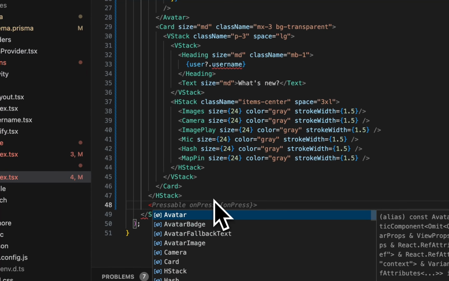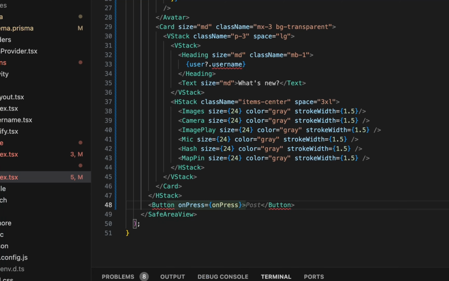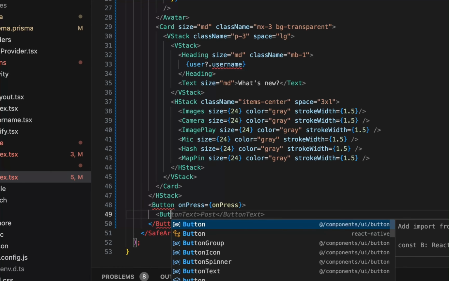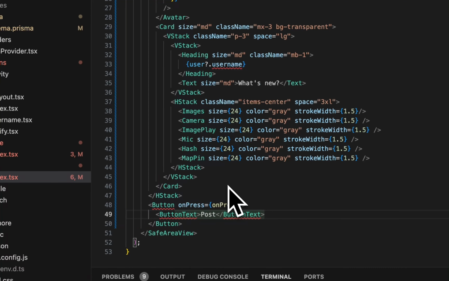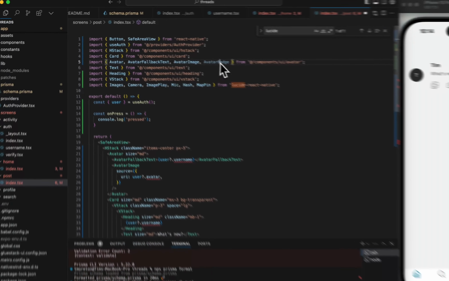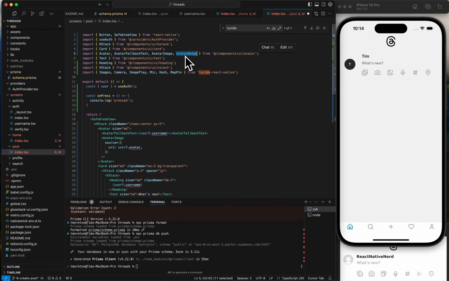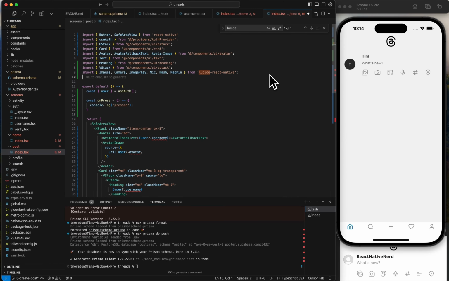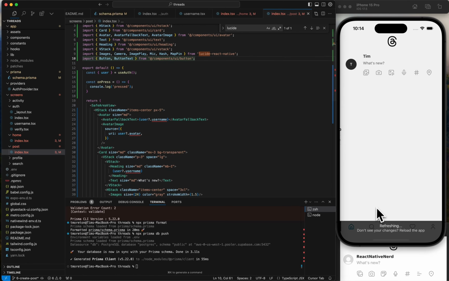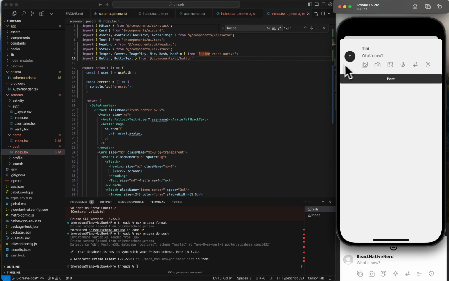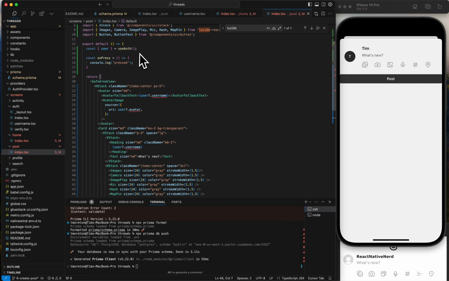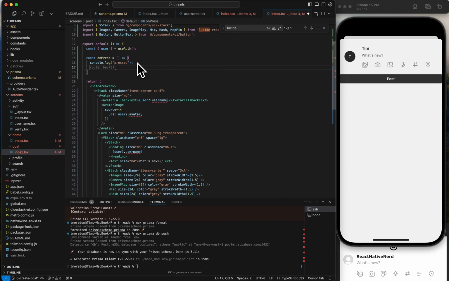Let's just add a button for now. And remember, we need button text, and it has to be imported from GlueStack. Okay, so import button text. All right, got it. So we click on this, we got post, and then on press we want to do